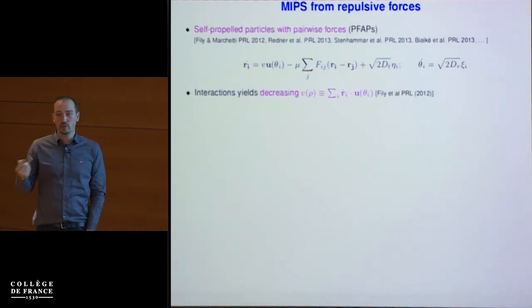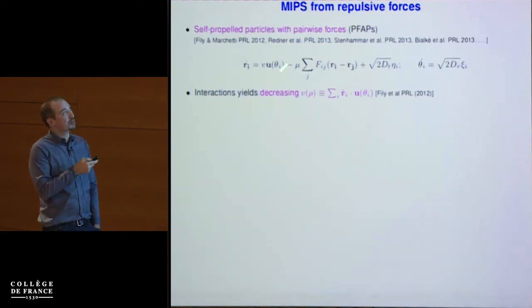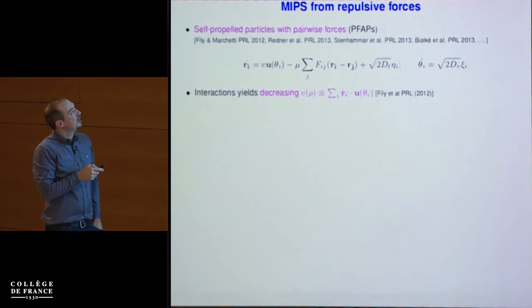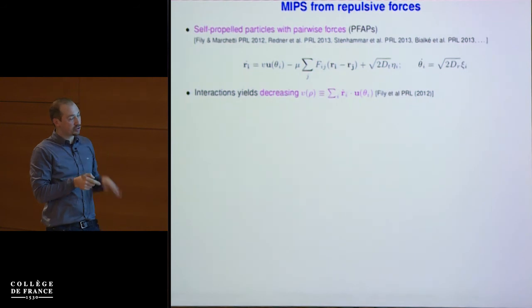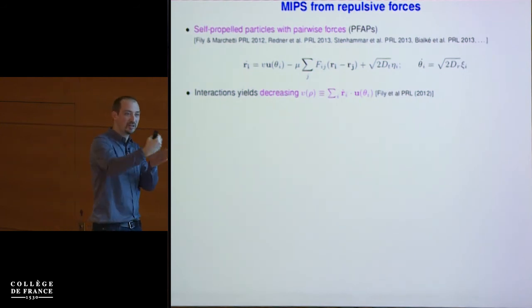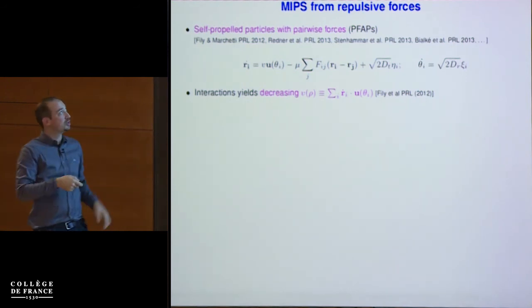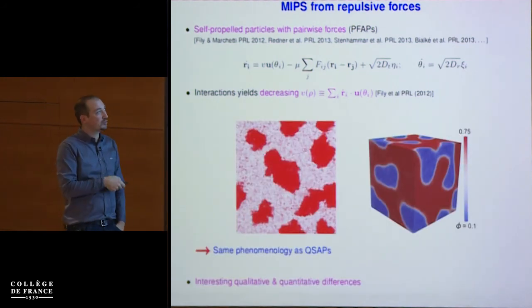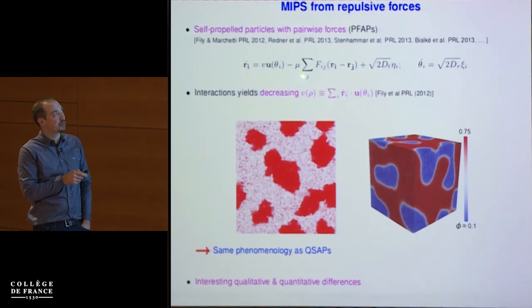So imagine that you're running in the subway to catch a train, but you don't see people. You just close your eyes. You just bump into people. So you're interacting with other people with pairwise, purely repulsive forces. People don't grab on to you. They just push you back. Now, if you look at the component of your velocity along the direction in which you're going, clearly, all the impacts that you have from people in front of you slow you down. And most of the time, you bump into people that are in front of you and not behind you. So on average, repulsive forces will slow you down. And for sure, if you do simulations of microscopic particles which are self-propelled and interact with purely repulsive forces, you see motility-induced phase separation.